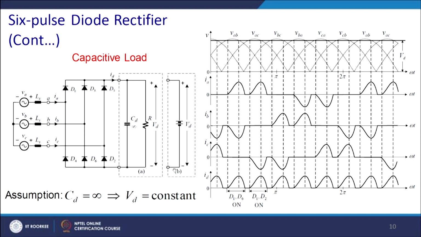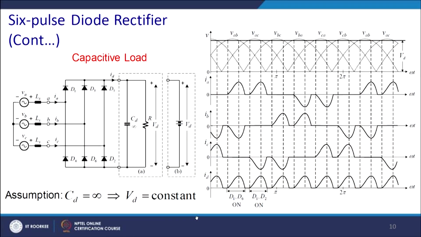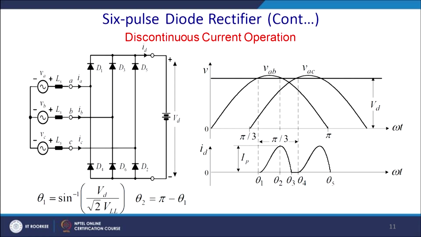And this is a critical case when we want almost a huge DC capacitor to make it ripple free, and due to that you pay the penalty on the input side, having a very degraded displacement power factor, THD and all those issues. And the current through the diode ID will have this kind of pulses. So, it is not a constant current. So, let us take a 6 pulse converter with a discontinuous current mode.